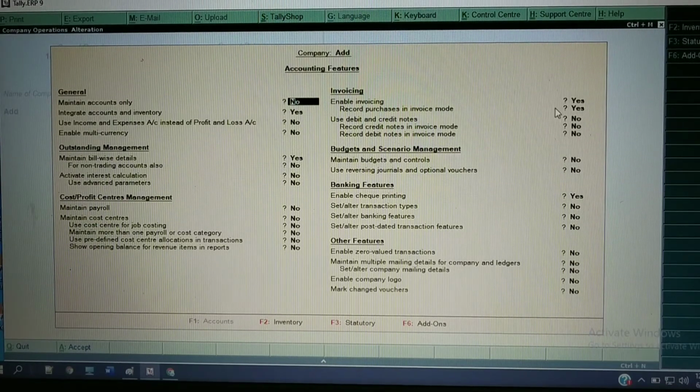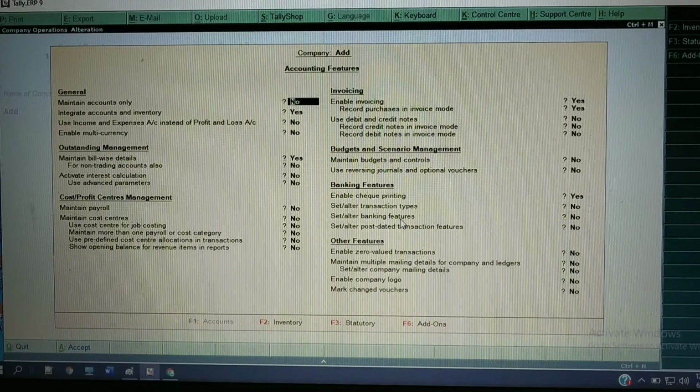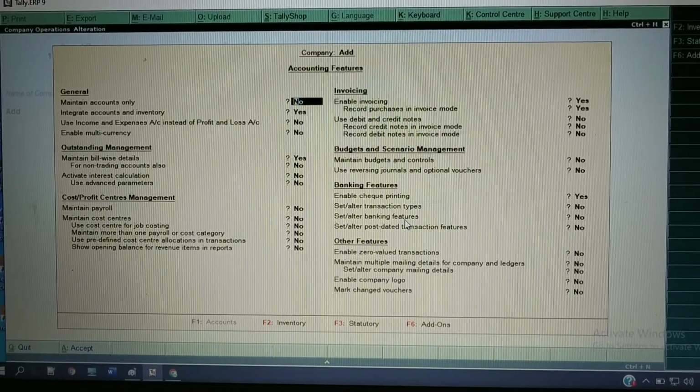And if you have any doubts in any of these options, you can comment in the comment box, and I will definitely try to resolve your problems. If I go on explaining all these options, it will take more time, so I will explain only the required points in this video. Next, press Escape to close this window.